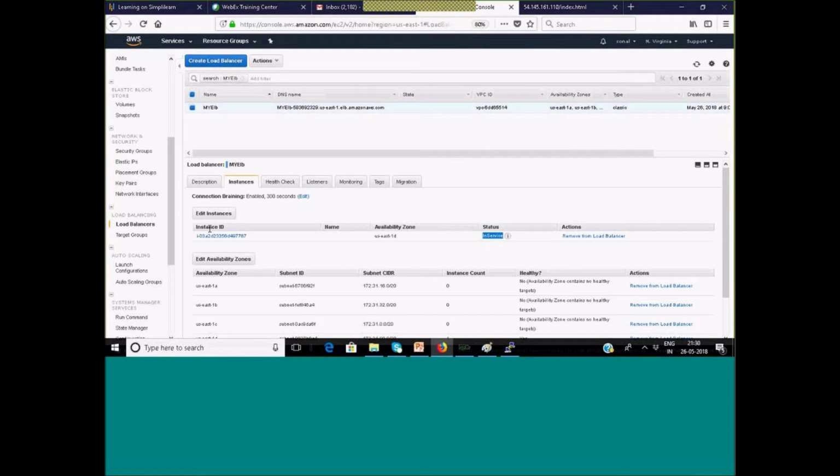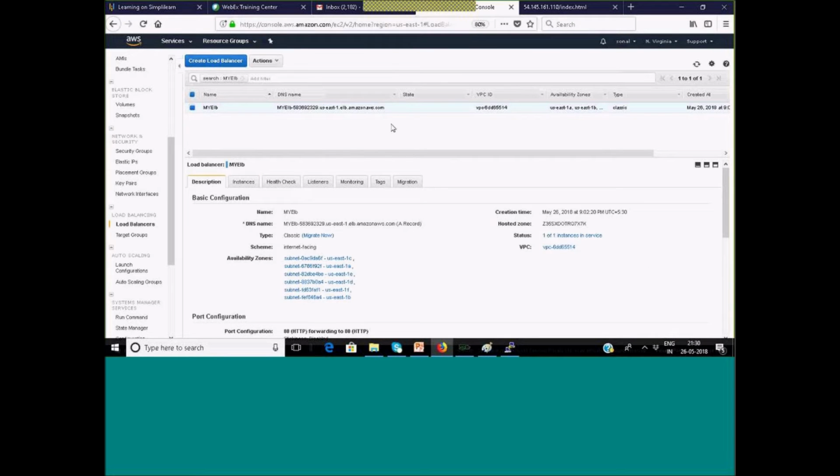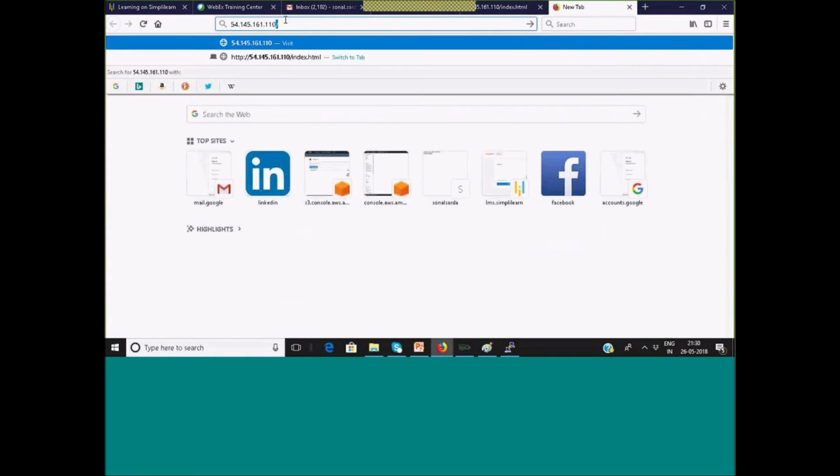Now I will just do one thing. I will show you how we can use the DNS name. ELB has an endpoint. So by using the endpoint, let's see if we can reach that HTML page.